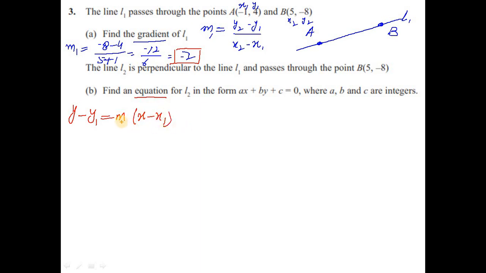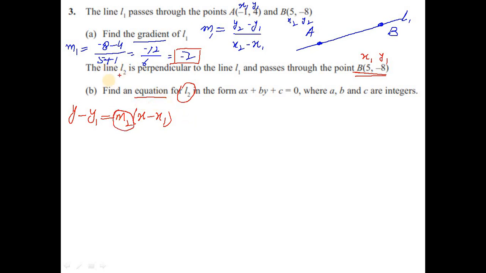So m is the gradient of the line. In this case we need the gradient of the line L2, so m2, and x1 y1 are the point through which the line is passing, and in this case the point is B, (5, -8). So 5 and -8 are my x1 and y1. The only thing is we need to figure out the value of m2,